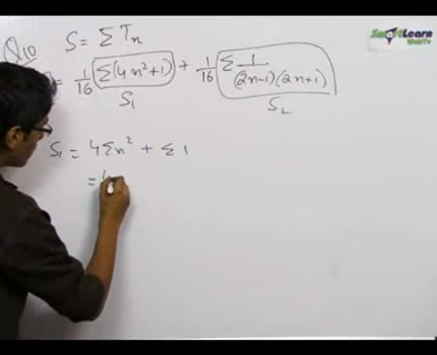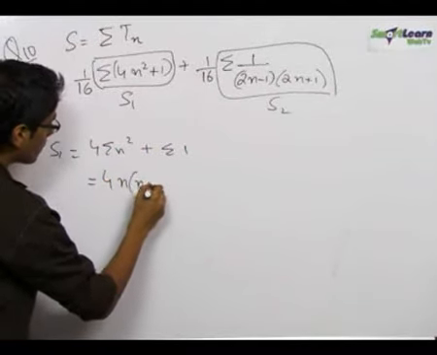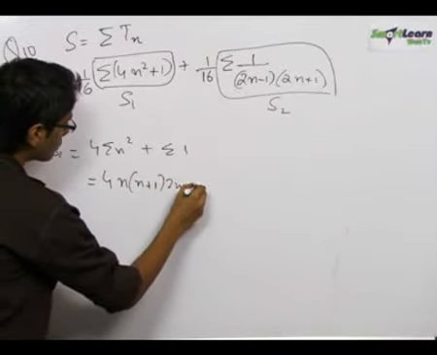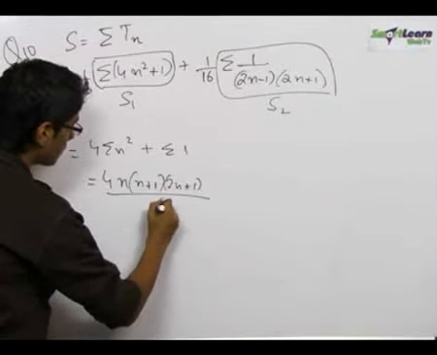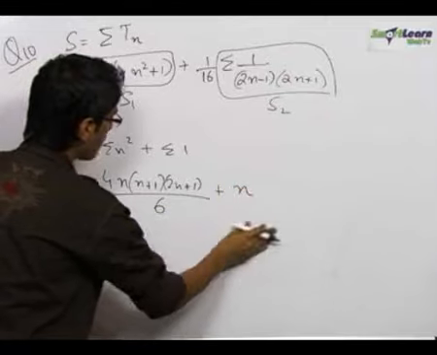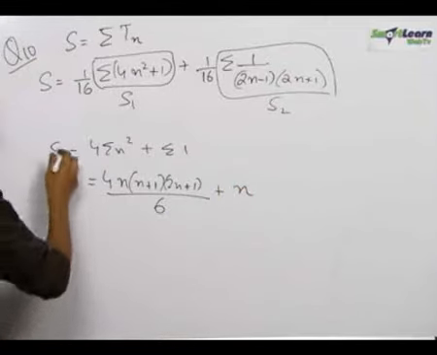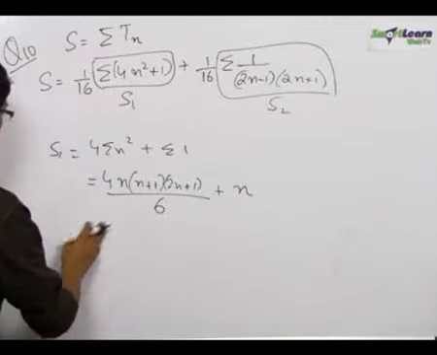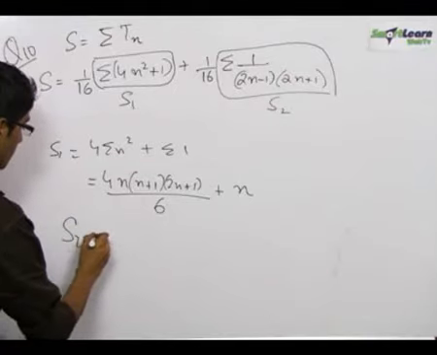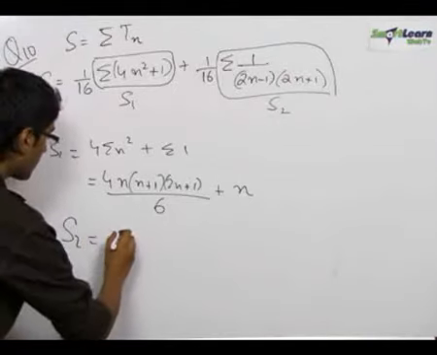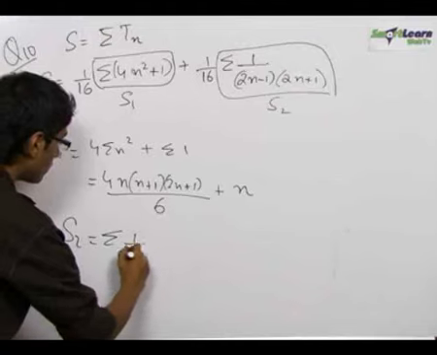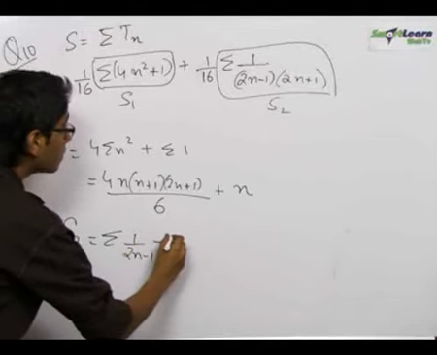So we write this as 4 into n(n plus 1)(2n plus 1) by 6 plus n. So this is our S1, and our S2 will be equal to sigma 1 upon